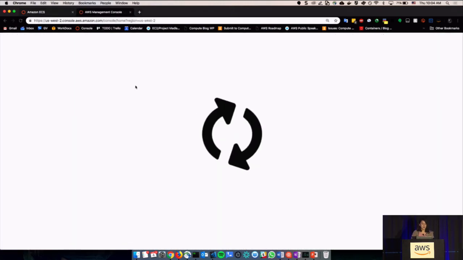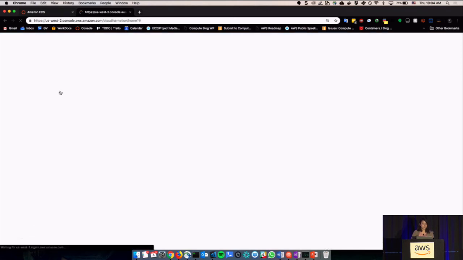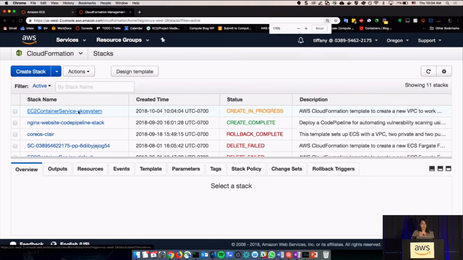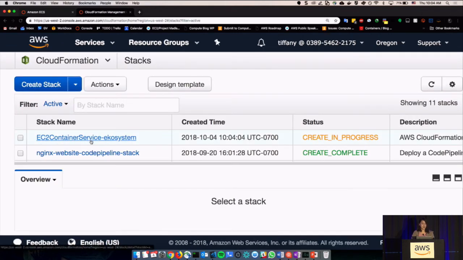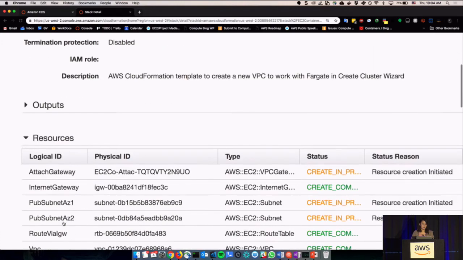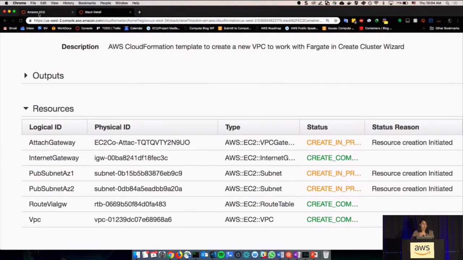If I click console again and look at CloudFormation, I can see here there's the EkoSystem stack that is currently being created. If I look at that stack, you can see what resources it's creating and the status of that.